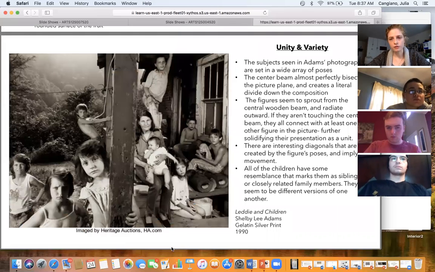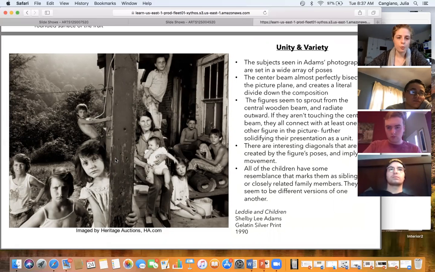And then here's another example of unity and variety. This is Letty and her children. In this portrait, it's a shot of this family. One of the things that I noticed right off the bat was this center beam that's literally dividing that composition right in half in a harsh way. But at the same time, there is some unity because they all seem to be touching in some way.